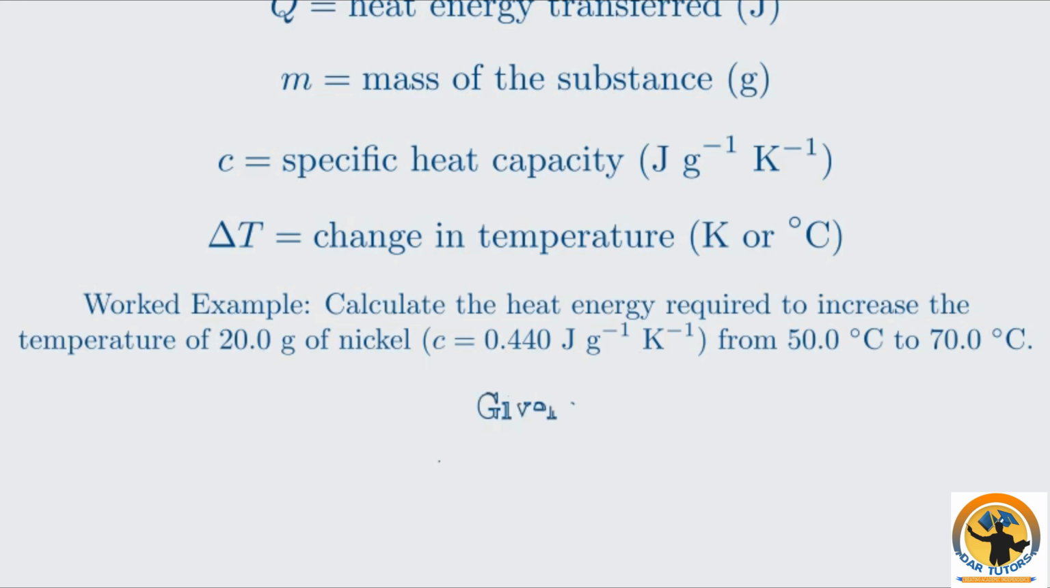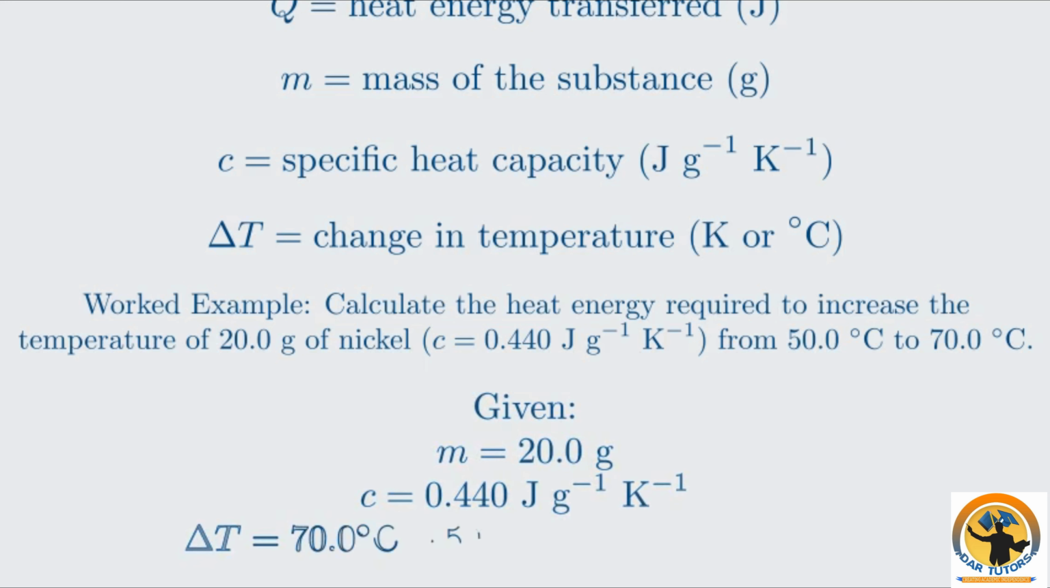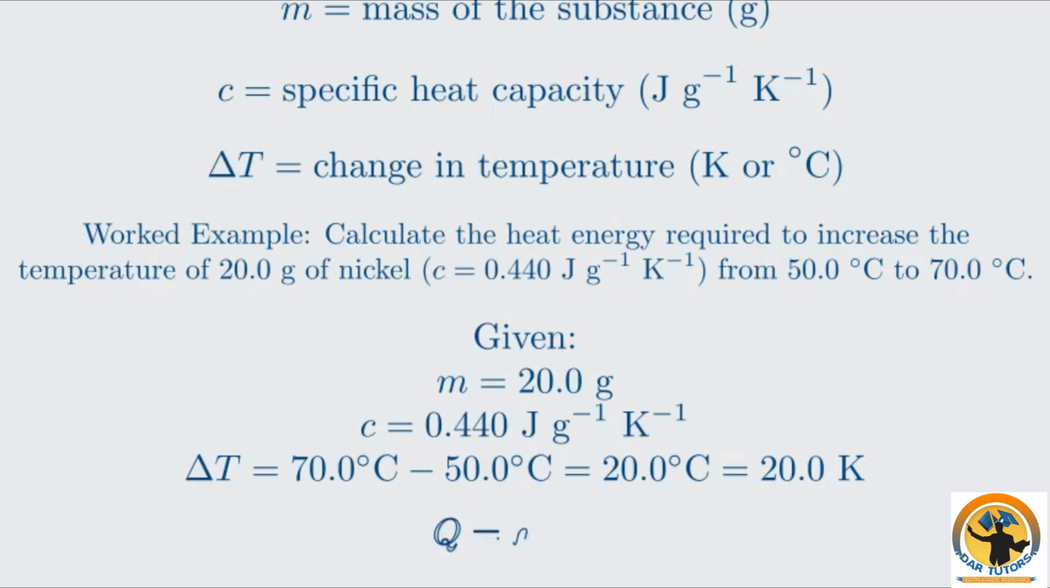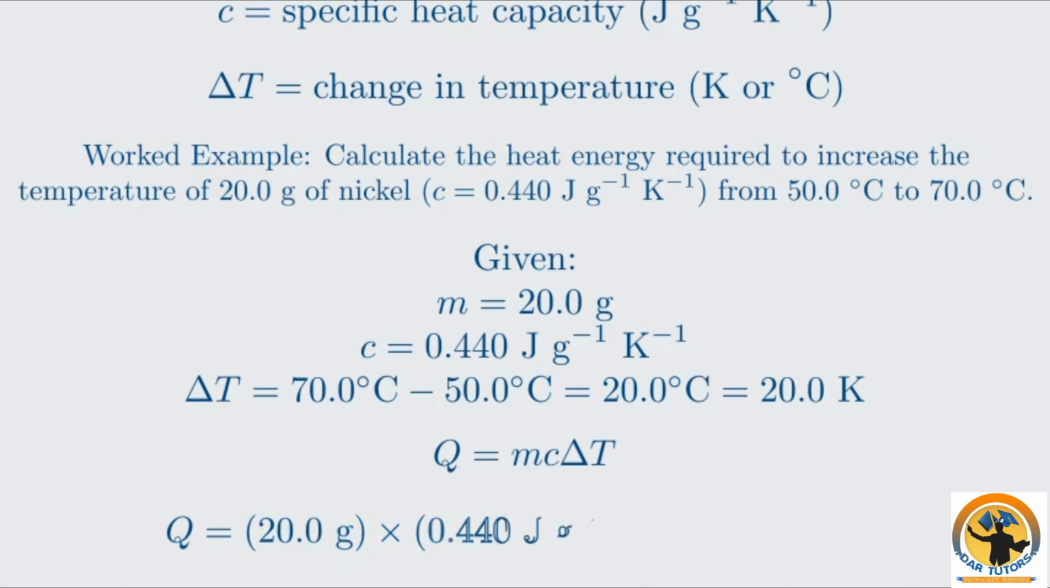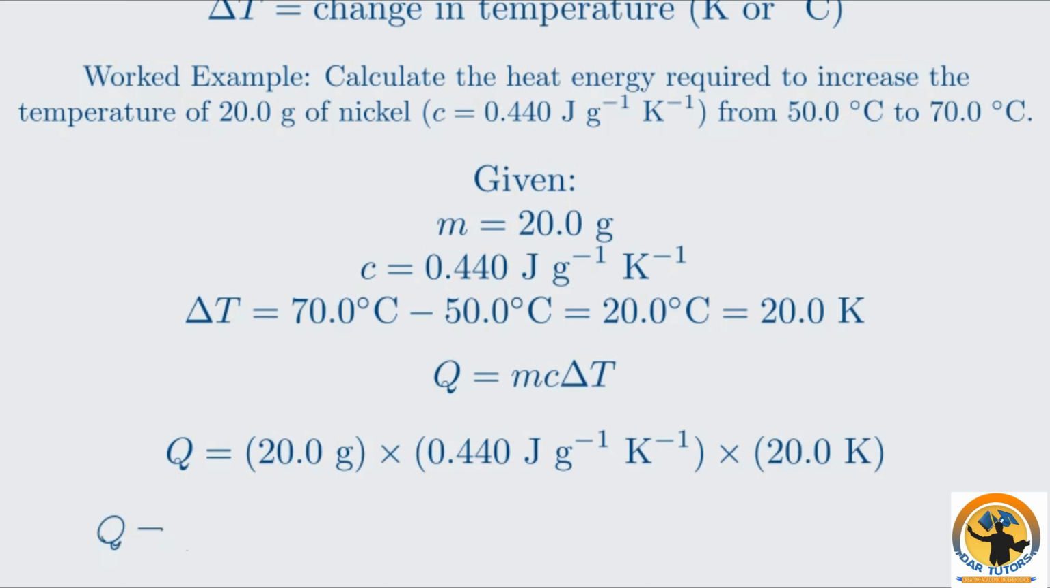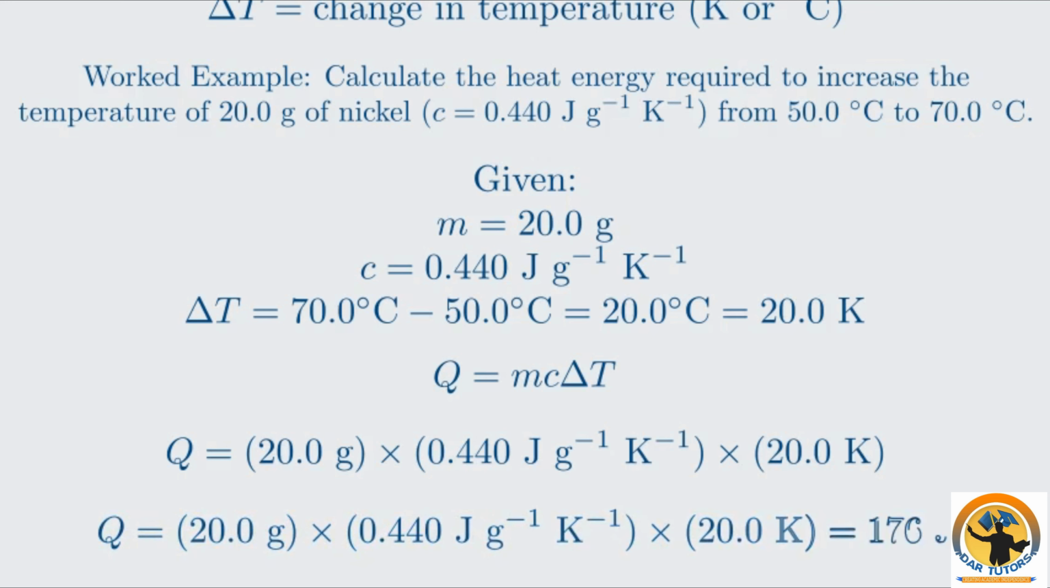First, we list our knowns. m is 20.0 grams, c is 0.444 joules per gram per Kelvin, and the change in temperature is 20.0 degrees Celsius. As we discussed, this is the same as a 20.0 Kelvin change. Now we substitute these values into the formula Q equals m c delta T. The grams and Kelvin units cancel out, leaving us with joules. Performing the multiplication, we find that Q is equal to 176 joules. This means 176 joules of heat energy are needed to raise the temperature of 20 grams of nickel by 20